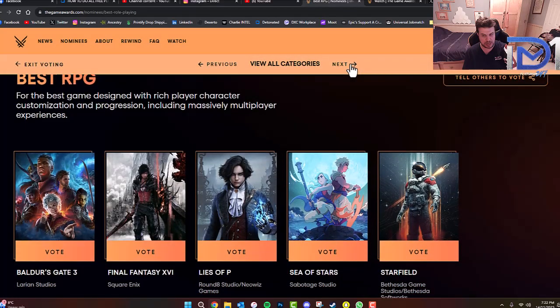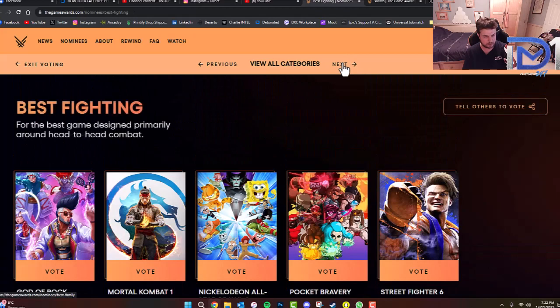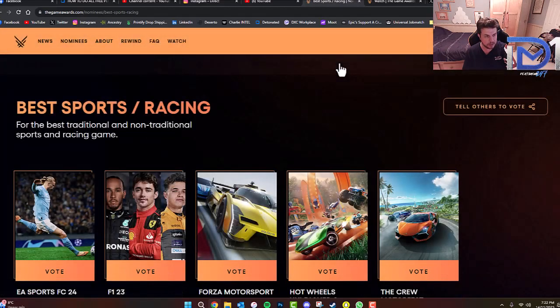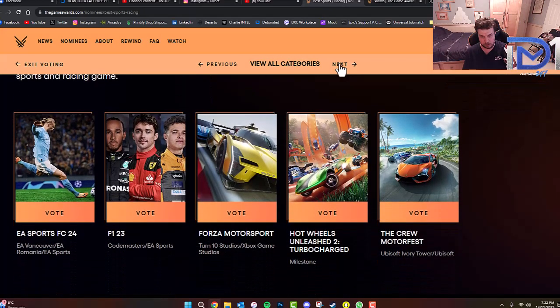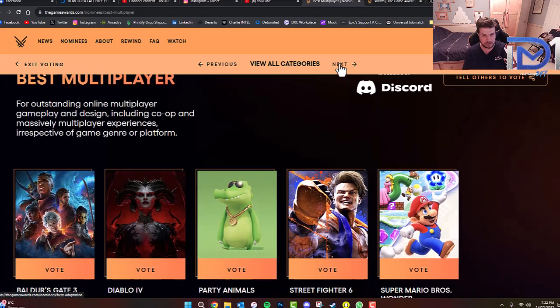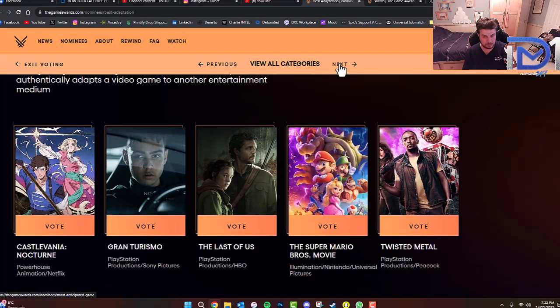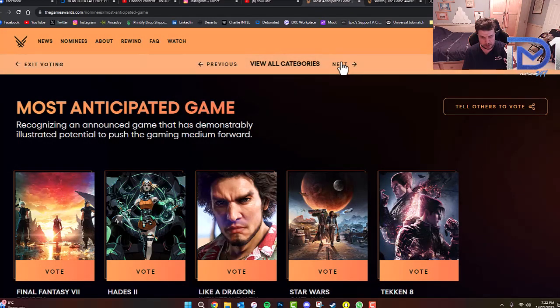Best RPG. What else have we got in here? We've also got best fighting, best family, best sim or strategy, best sports or racing, F1 23 and EA Sports FC 24, Crew Motorfest all among them as well. What else have we got here? I'd be surprised if Call of Duty isn't amongst this. Star Wars, Tekken 8,